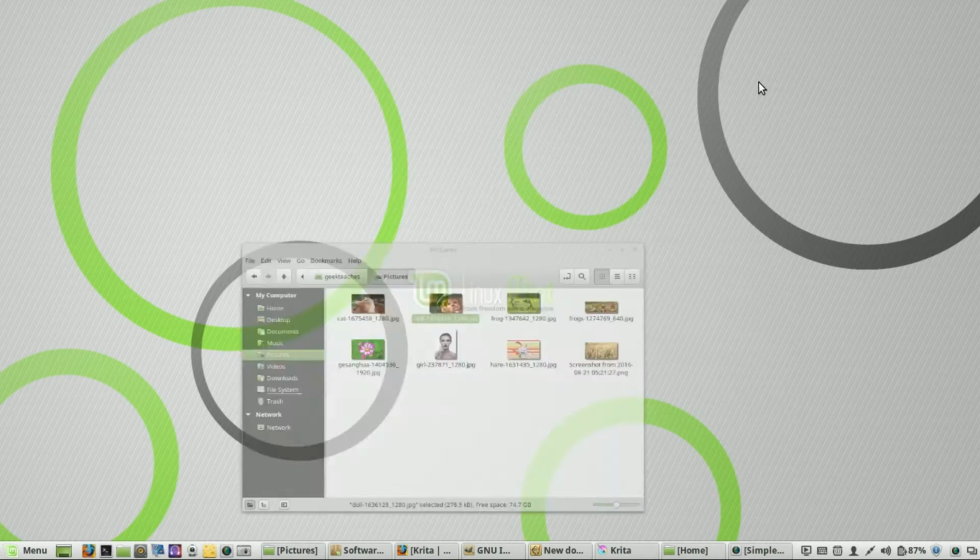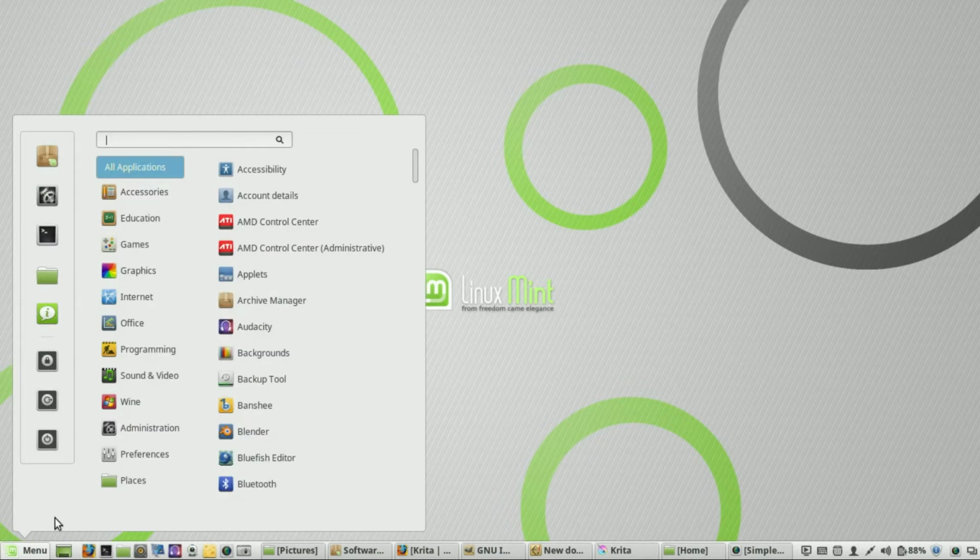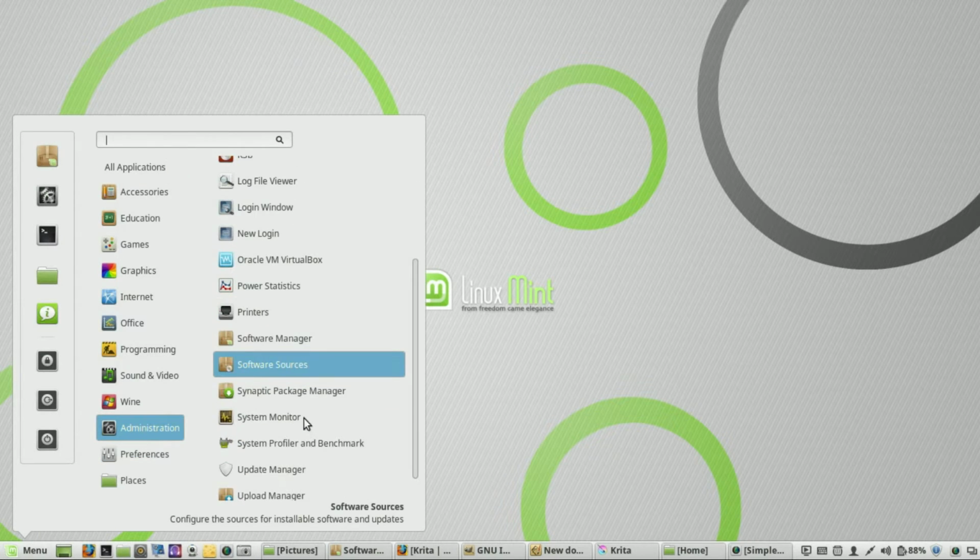Now, beyond this, you might want to do some other things to pictures that are, once again, still basic, but they offer you a little more creativity. One of the things that I think a lot of people like to do is create collages of pictures and photos. And the one that I'm going to recommend is actually available in the software manager. So all these programs that I'm going to talk about afterwards, you can go into the software manager and install. Okay, so how you do that is just go to menu, administration, and then you open up your